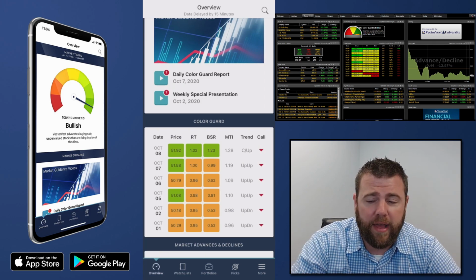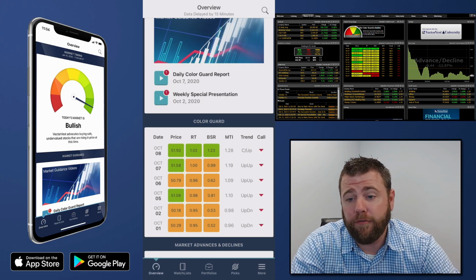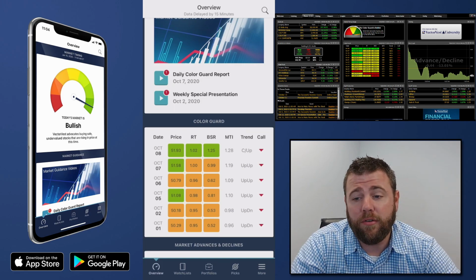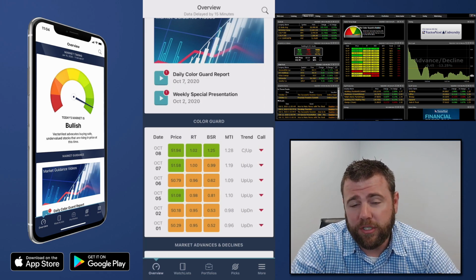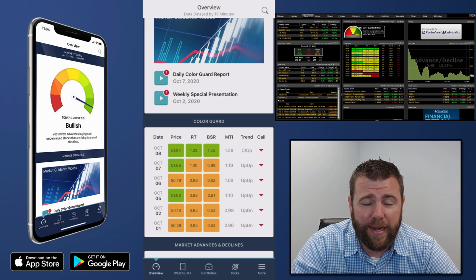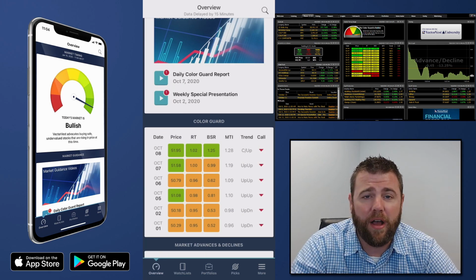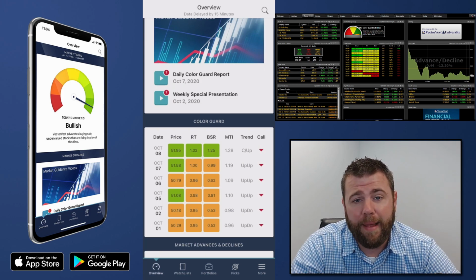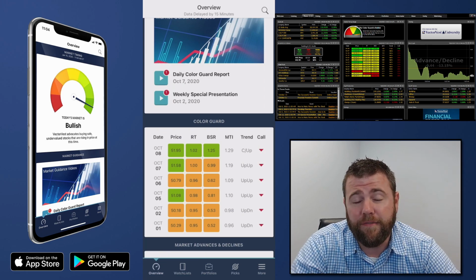So going after that, we then get the trend column. And as we can see for today, for right now at least, as long as things stay where they're situated, we could possibly get a confirmed up situation as of today, which is our last signal to get into the market and our last signal to get out. So we've seen a few green lights. We've been talking last week about what to look for from a technical basis, but from a timing basis, as long as the market does end up higher here,